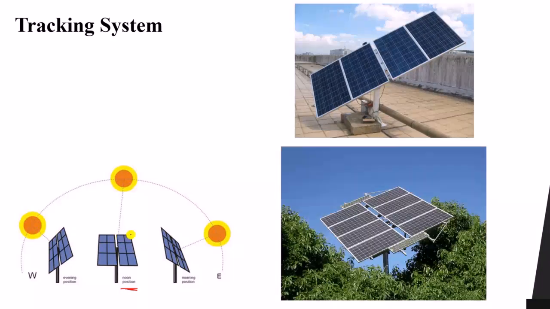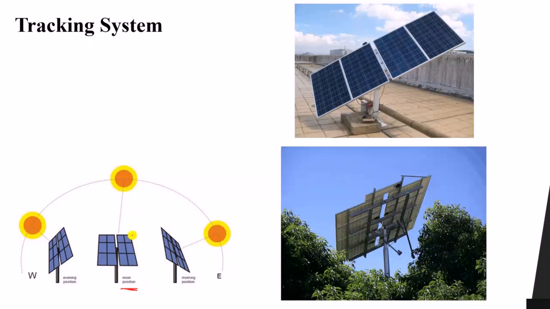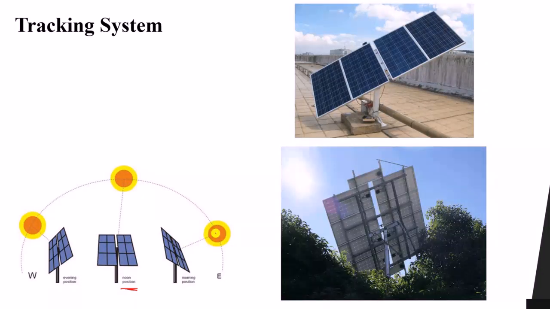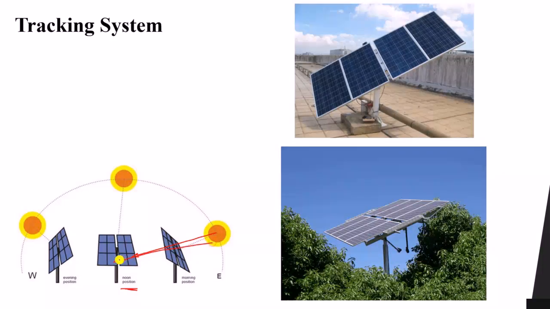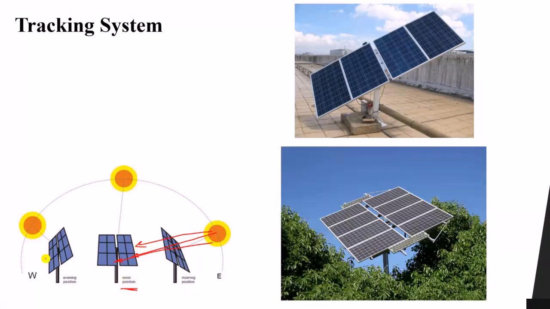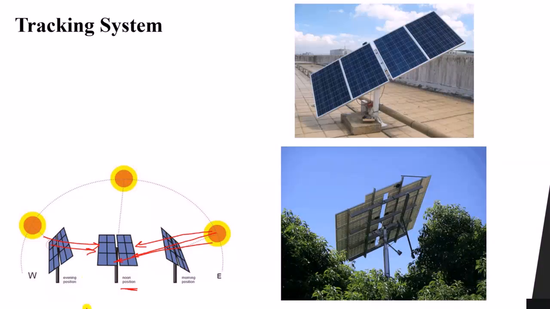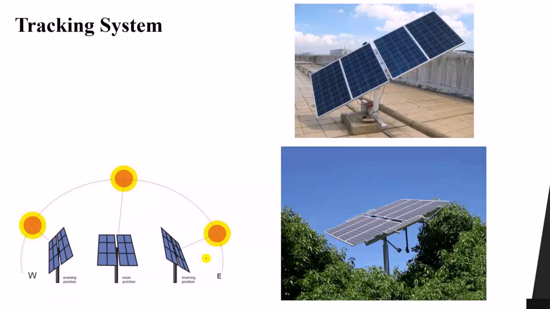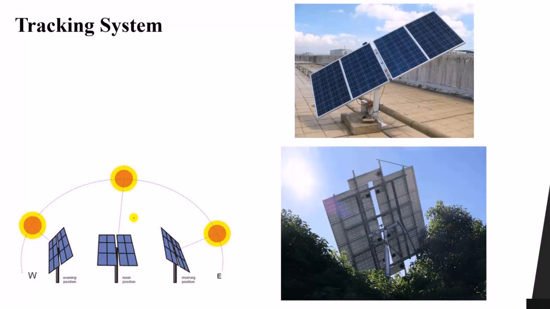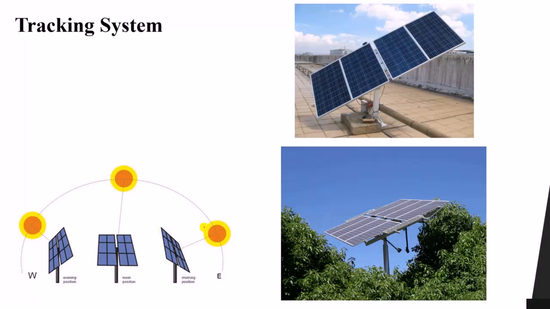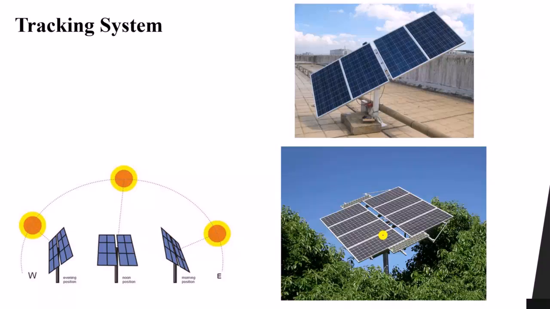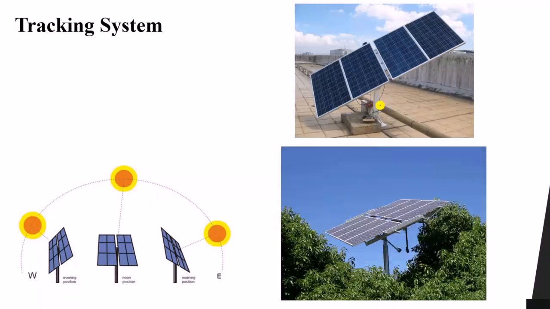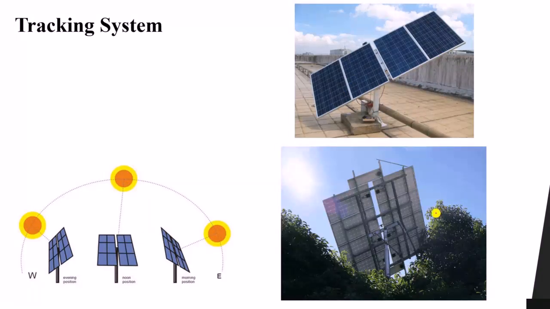If you keep the panel in one position or one orientation, you will find that, for example, in this case, the sun rays are falling like this, which are not perpendicular, and here are not perpendicular. However, when we change the orientation of the panel with the movement of the sun, we will be able to get the maximum power possible. As you can see, here is a PV panel moving throughout the day. And here this also moves like this one.